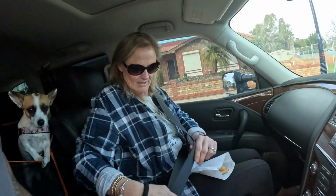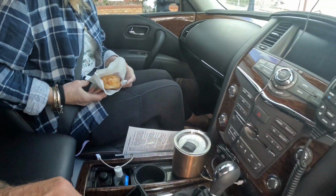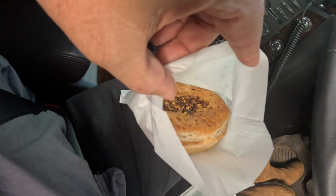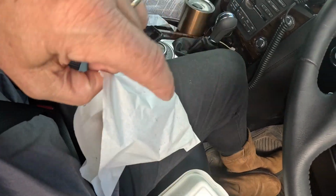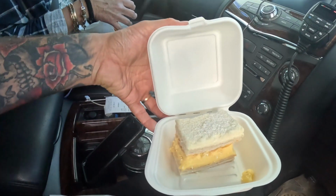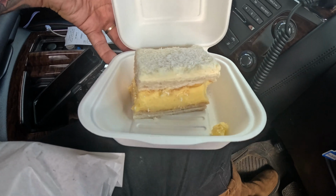So what did we get, dear? What do you get? I got a pasty. You got a pasty. What'd you buy me? A chili. I got a chili pie. Chili and cheese, I think. And what? Surprise! What's in the box? This is, look at this, a homemade bakery vanilla slice with coconut and cream and...